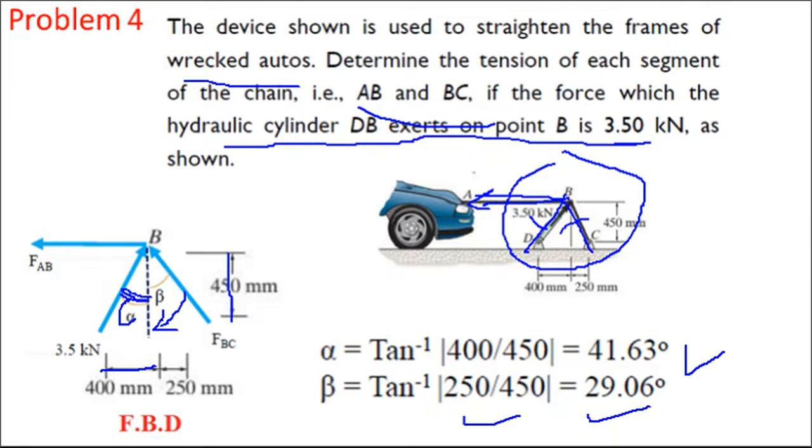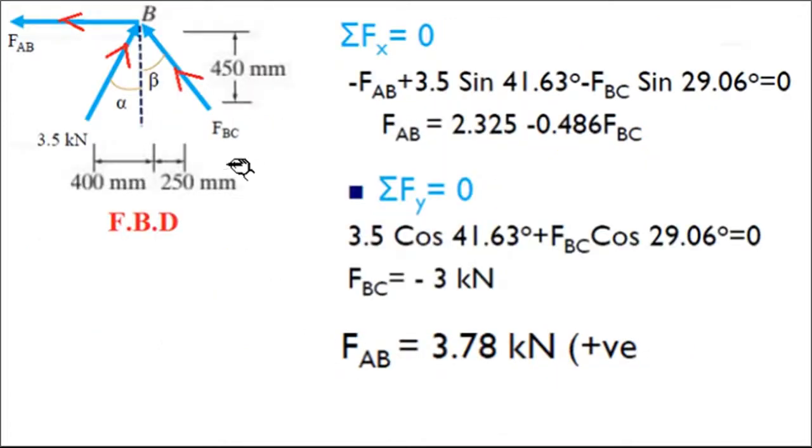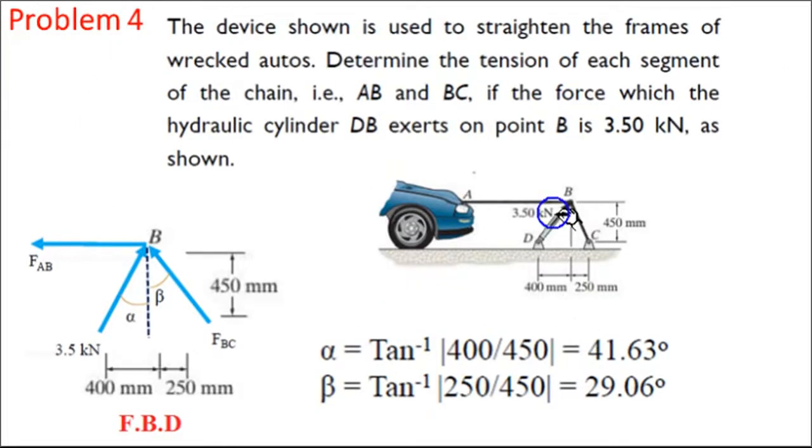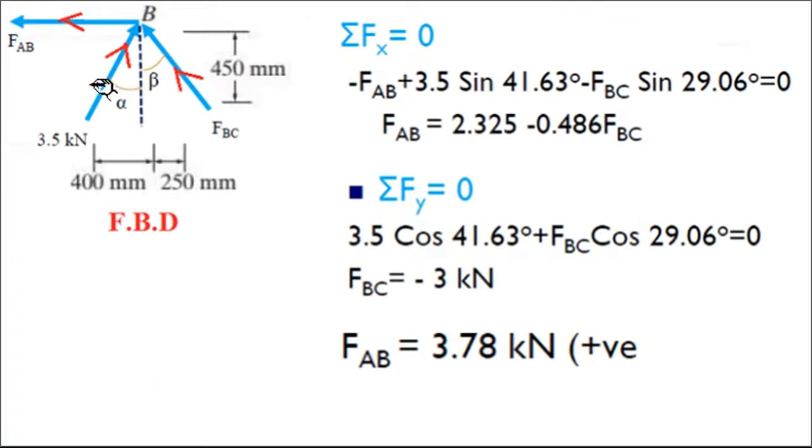Then draw a free body diagram by cutting here, here, and here. Okay, so show the free body diagram. Here you can see one force is already known to us, 3.5. In which member is the force given? I think in the jack. This 3.5 kilonewton is given. EB is missing. Force in the jack is 3.5. So this force is 3.5.